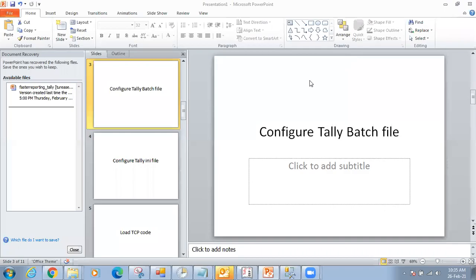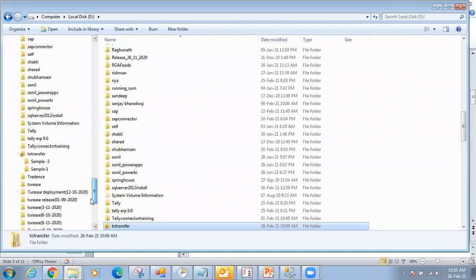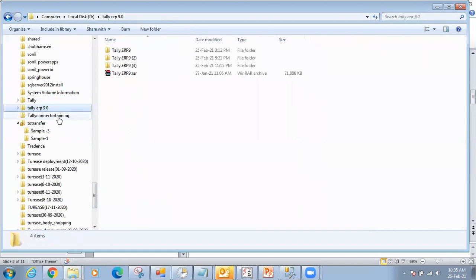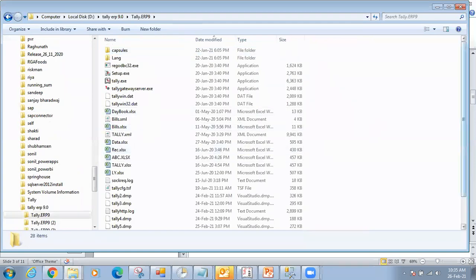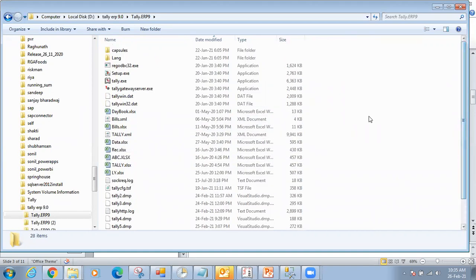रिकॉर्ड करना है तो आप उसको ध्यान से देखो। सबसे पहले कॉन्फ़िगर मल्टीपल टैली बैच फाइल्स, तो कॉन्फ़िगर tally.ini फाइल। तो देखो तुम्हारा जो टैली है उसमें बेसिकली what you have is this particular Tally which is ERP9. This particular Tally ERP9 is this particular folder. You make multiple copies of the same. Is that point clear? Now within this Tally ERP9, you have got a file called tally.ini. That means once the Tally is opened, then this particular tally.ini file comes into picture.